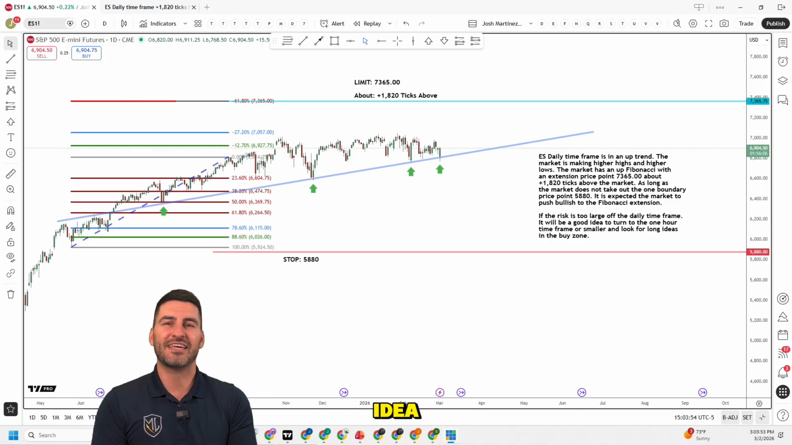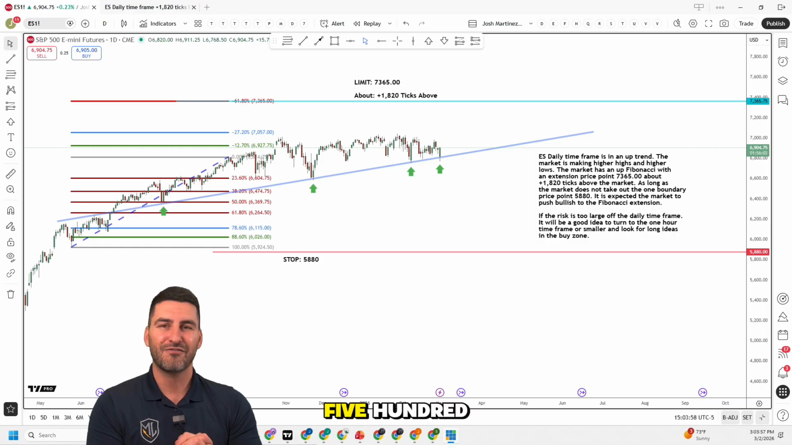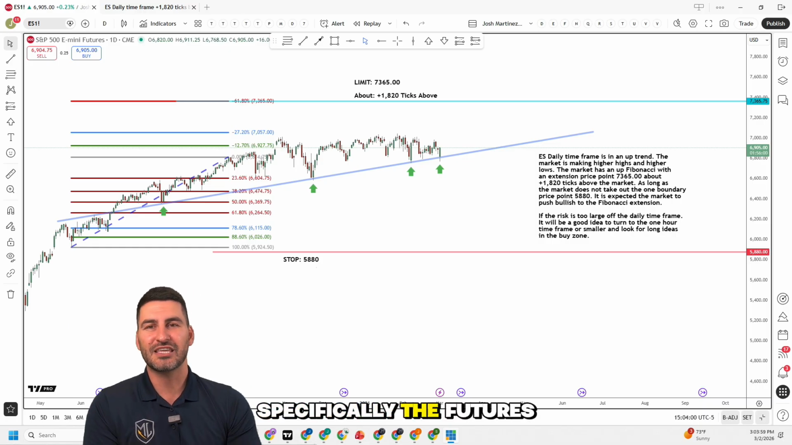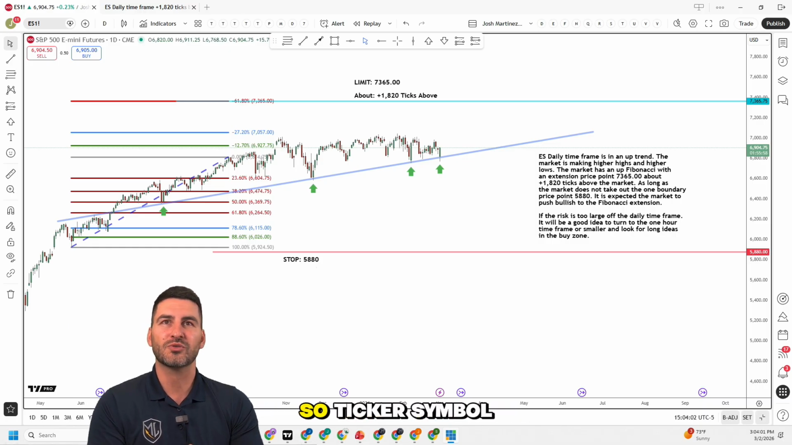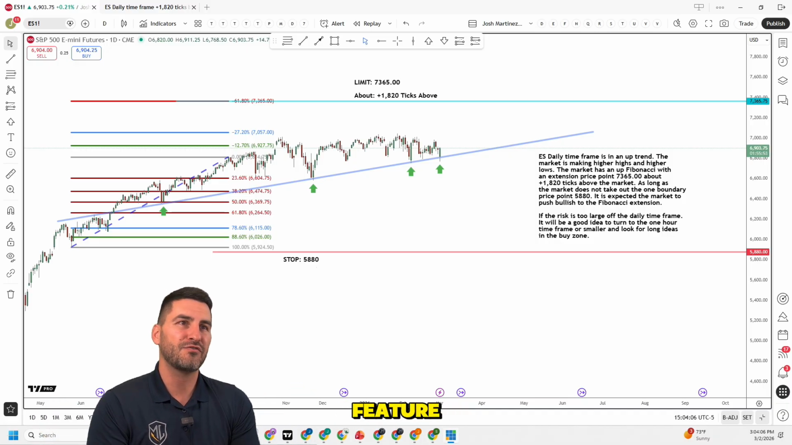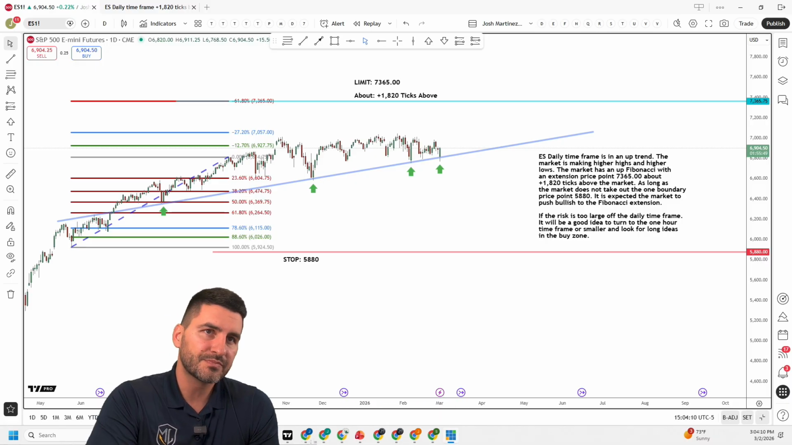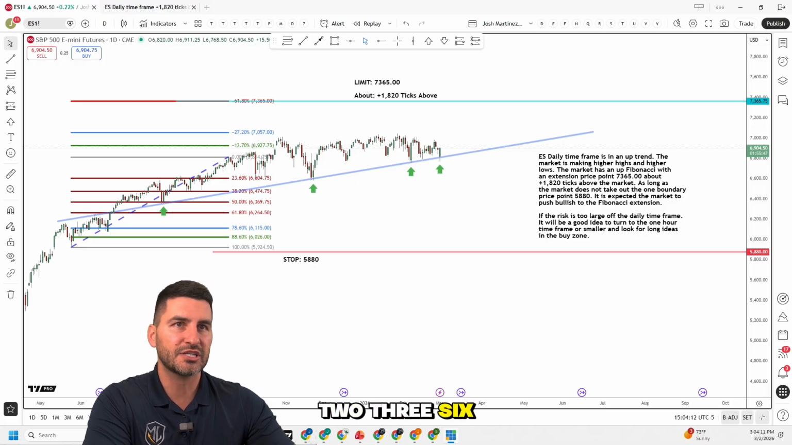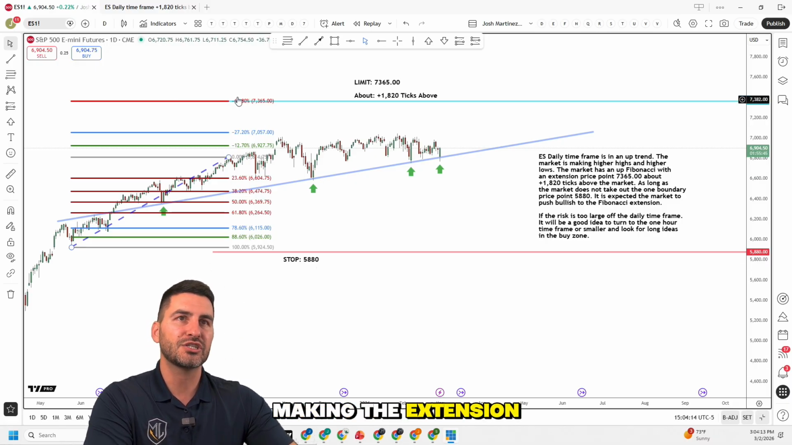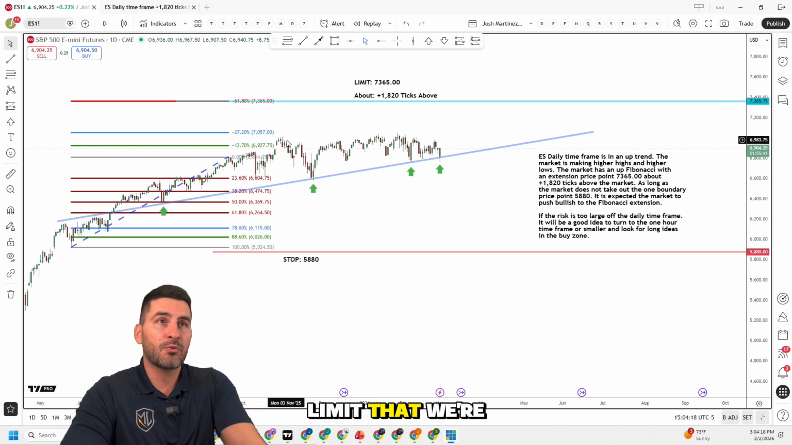So this week's idea will be looking for buying opportunities on the S&P 500, specifically the futures contract. So ticker symbol is ES, and this is an E-mini future. So on the daily time frame, we have an up 1-2 boundary. We have a 236 retracement, making the extension the 1.61. So our price target or long-term limit that we're going after is